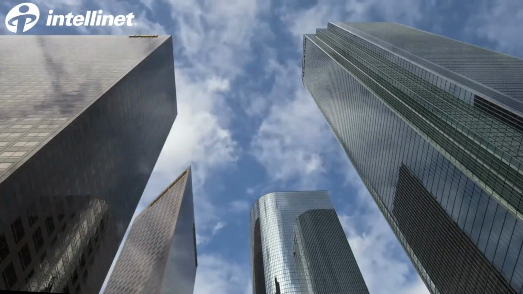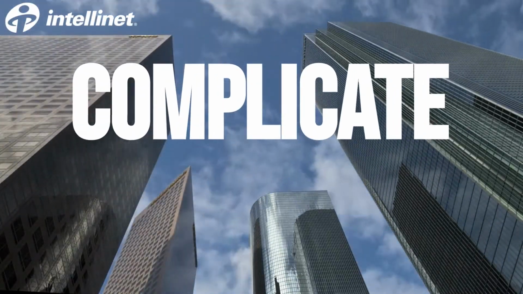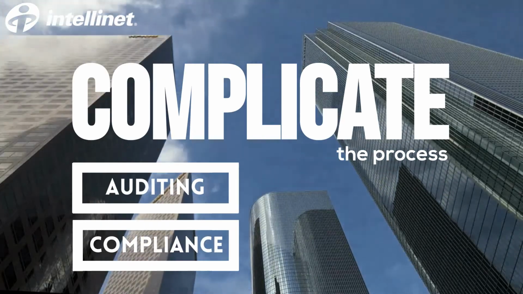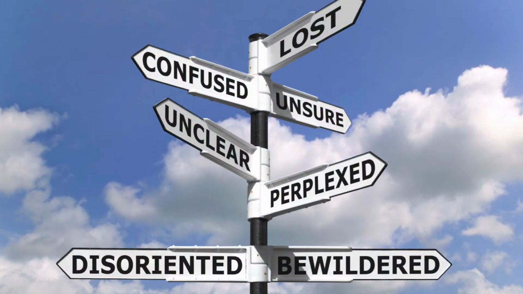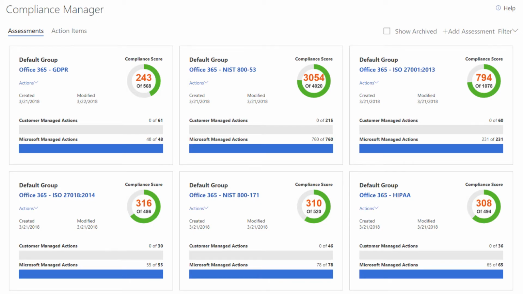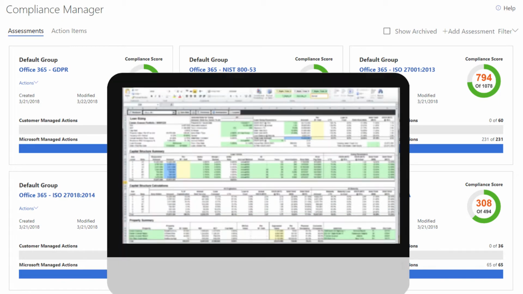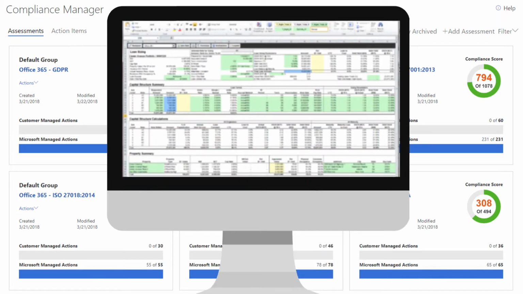For all of cloud computing's benefits, it can actually complicate the process of auditing and compliance. How do you coordinate those activities for services and infrastructure that you don't own? Who's responsible for what? Enter Microsoft's new Compliance Manager. It's better than that Excel workbook you've spent weeks on to try and keep track of all this stuff, and